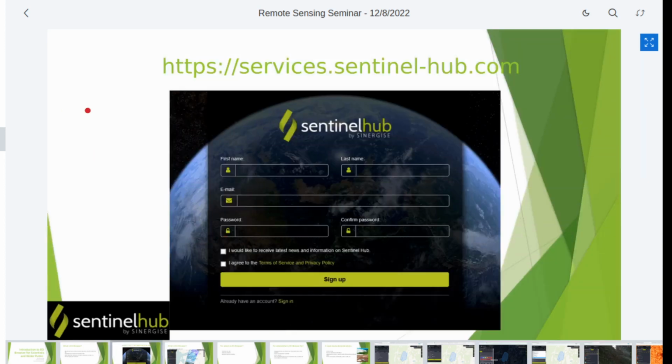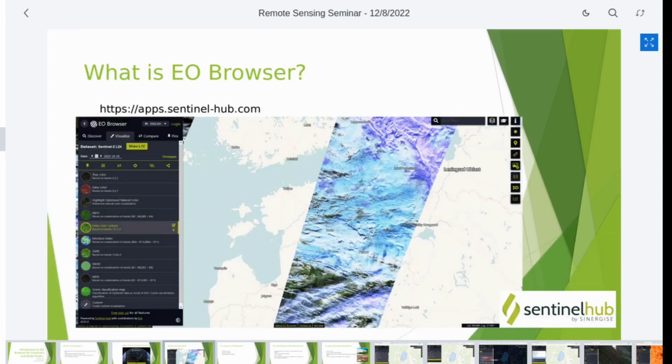Everybody can register. You just have to register with your name and a password via this internet address here. Once you're logged in, it will look somehow like this. In the upper right corner, you can search for specific regions you're interested in. Usually when you type in, for instance, Terravere or whatever, it will get you directly to the observatory. And on the left side, there's the panel where you select the dates, the vegetation index, and also the Sentinel platform that you want to look at.